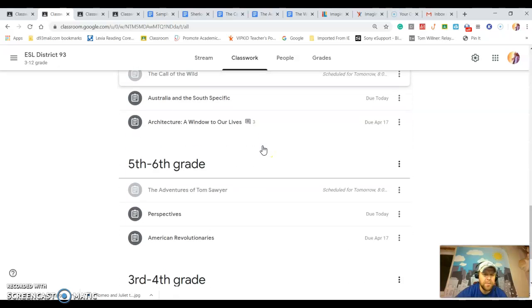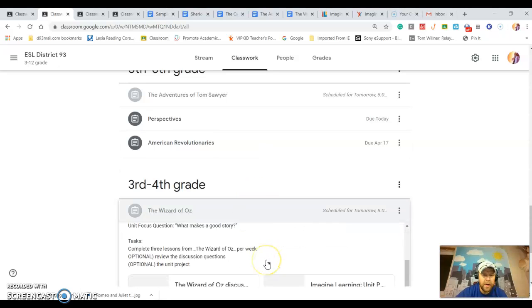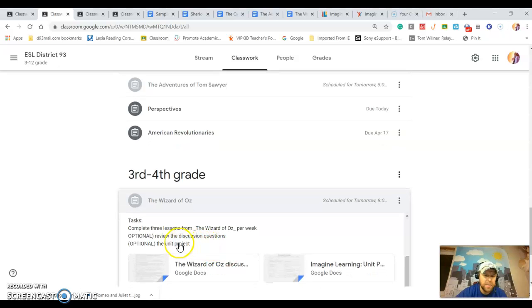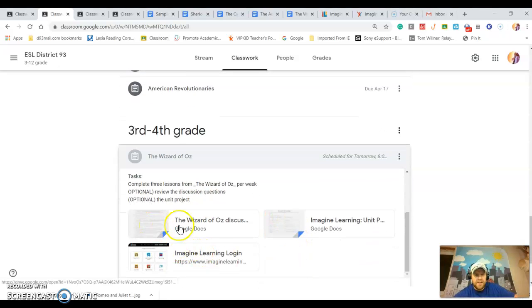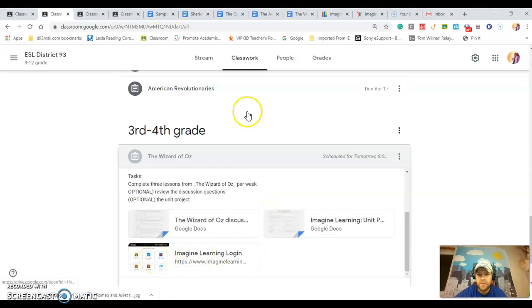Now these are going to schedule tomorrow, but like what we did last week, you will have a section that you're going to read. You will have 6 components of it, so you want to do 3 per week. And then I also put on here your review discussion questions, and your unit projects are optional. I've had a few students question and be confused about this. These things are just to help your teachers for discussion, or if you want to extend your learning, these are here for you. But the only thing that you're absolutely required to do is you need to do these questions